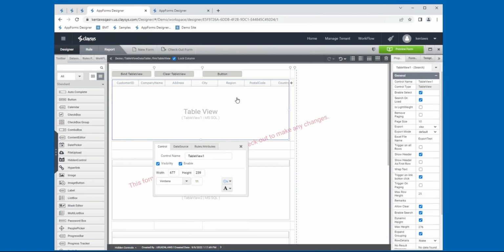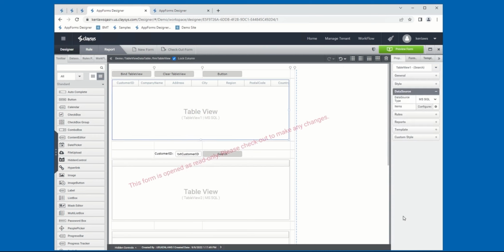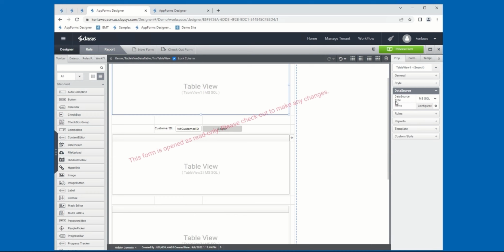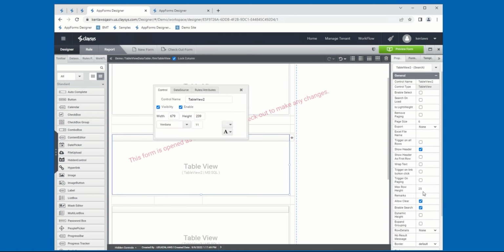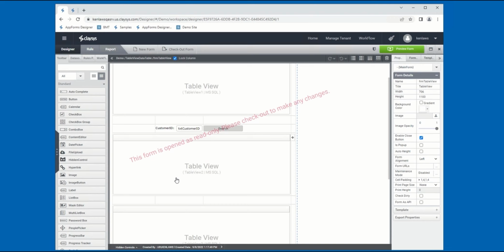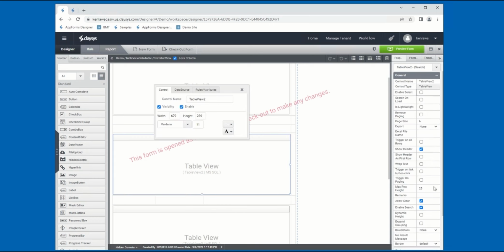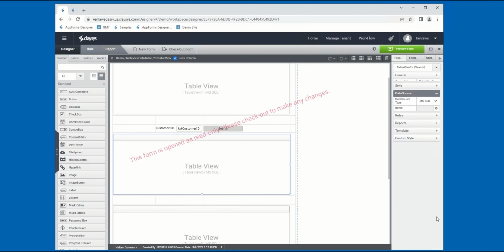The last thing we really want to look at with the table view are the data source options. So again, for this particular table view, we've looked at the SQL Server. So let's configure this second one. And while we've been using SQL Server for the first table view, I'd like to again use it for the second table view so that we can walk through the configuration wizard completely. So if we select the table view, in the property pane, if you go look under the data source property, once the data source type is set to SQL Server or MS SQL, if you click on the gear icon,